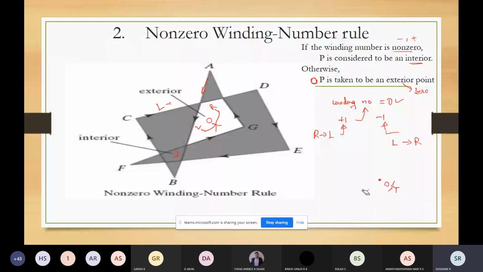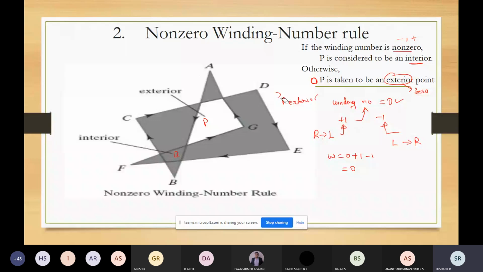So now I will solve the algorithm. Winding number is 0. I'm moving this. The line is moving from right hand side to left hand side. Right hand side to left hand side means I will add 1 to this winding number. This point is done. After that, I'll encounter one more point. This is moving from left to right, so left hand side to right hand side. So minus 1. So winding number is 0. So if the winding number is 0, P is an exterior point. I will clear this. So we know how we got this point as exterior. So this point P is exterior.